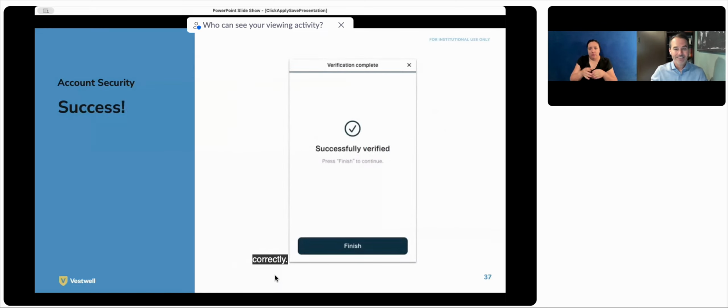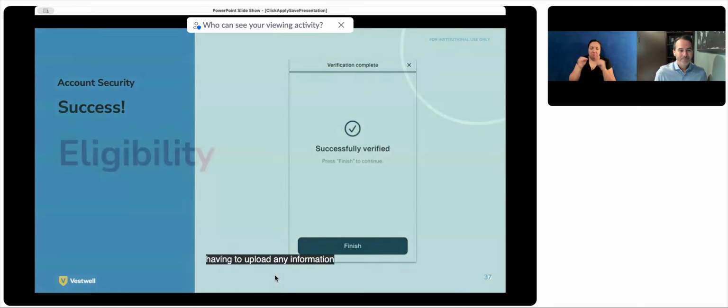Here, you've been successfully verified. If you get stuck in any part of this situation or need to verify additional information, the system is very seamless and easy. It asks you to upload a picture of a piece of identification, and it gets you through the entire piece of the process without stopping. But the vast majority of individuals get all the way through the system completely verified without having to upload any information at all. We can go to the next slide.